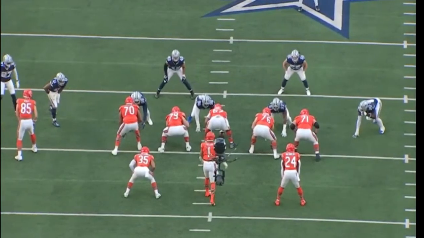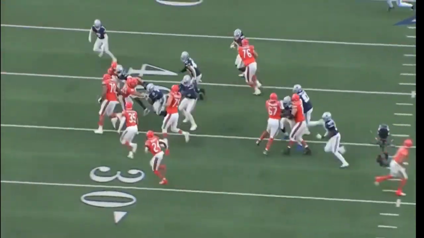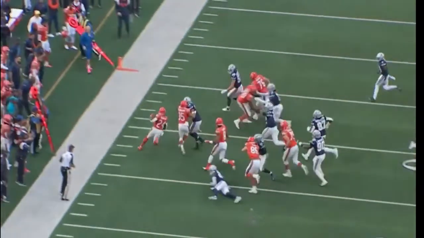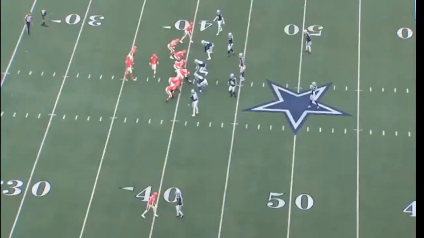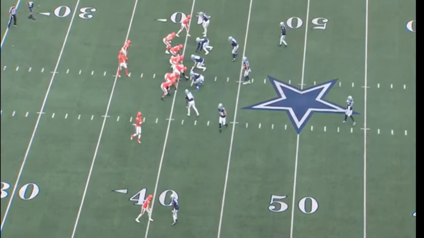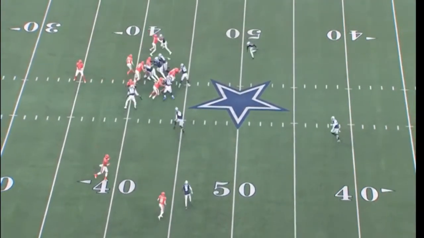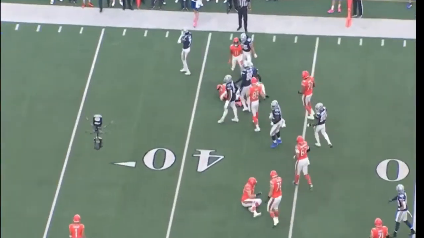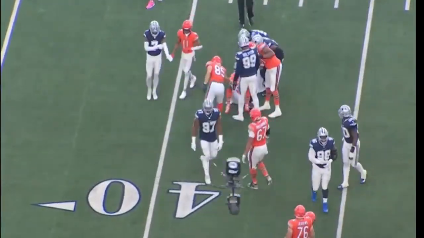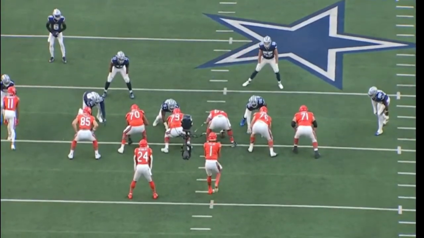All right, let's see right here. Micah's on this edge right here. Let's see what happens. Kurtz got peeled again on the inside. They played a lot of 4-2-5 in this game. There you go. Good play by him. And look, who do we got right here? We got Gallimore, and then we got Osa right here. But this is a good play